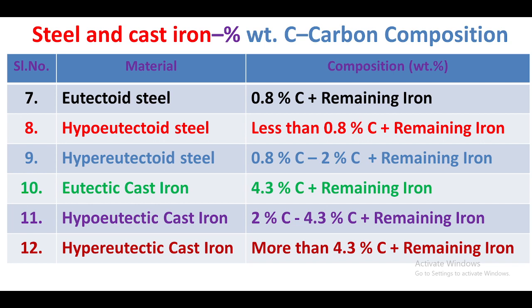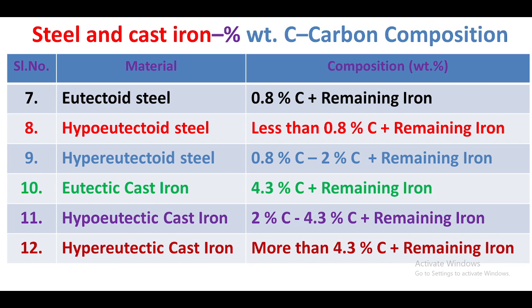In eutectic cast iron, the carbon content is 4.3% of carbon, plus remaining is iron. Eutectic cast iron is categorized into two types: one is hypoeutectic and one is hypereutectic. In hypoeutectic cast iron, the carbon content varies from 2% of carbon to